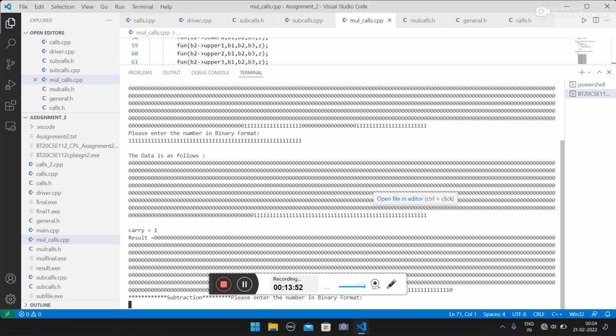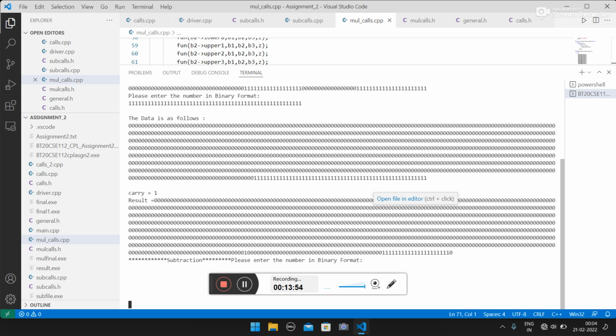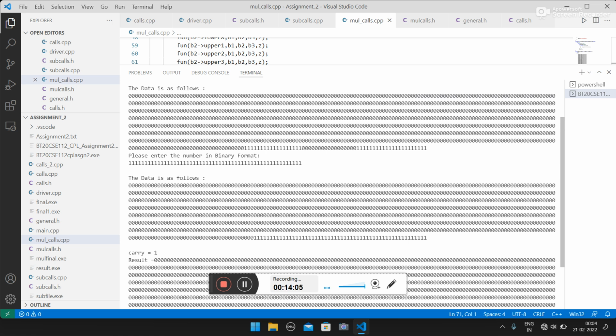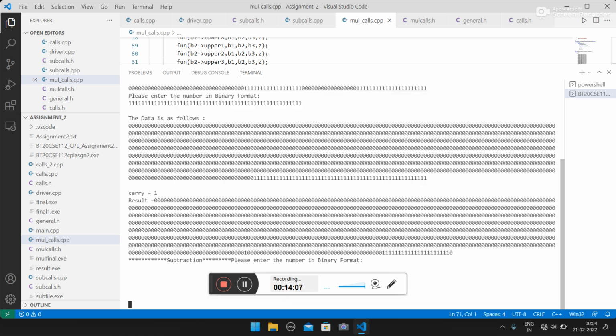Let me show this result. So this is the result: there is this one, because this one plus another one will be added and give 1. So here is 1, here is 0, because these all are 0, and there is a carry forwarded to this, so it will also be 0. So this 1 plus 1 will become 0, this 1 plus 1 will become 1, and in this way the addition is working fine.